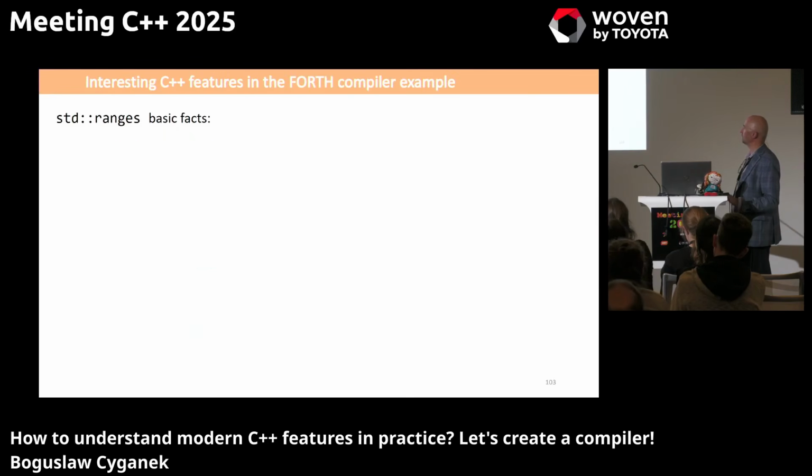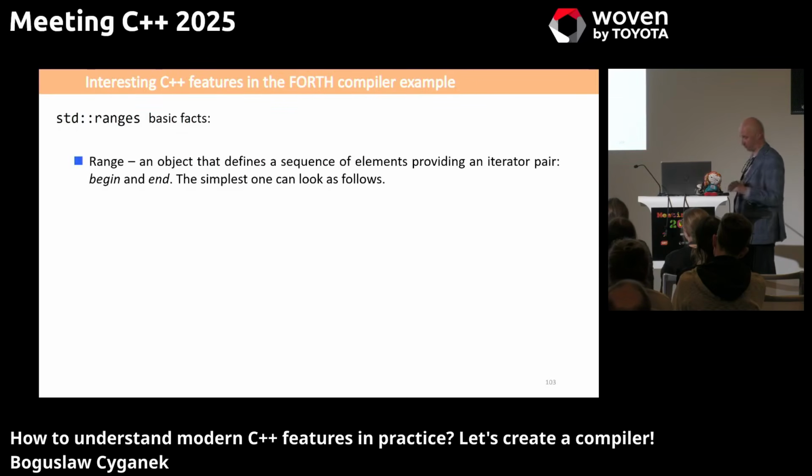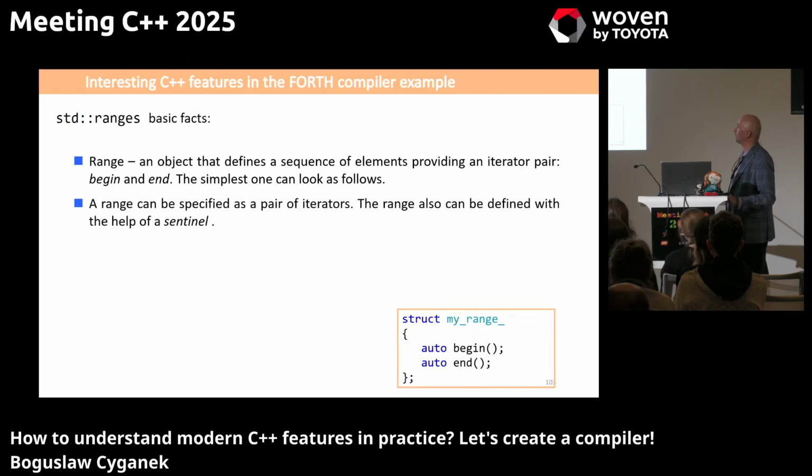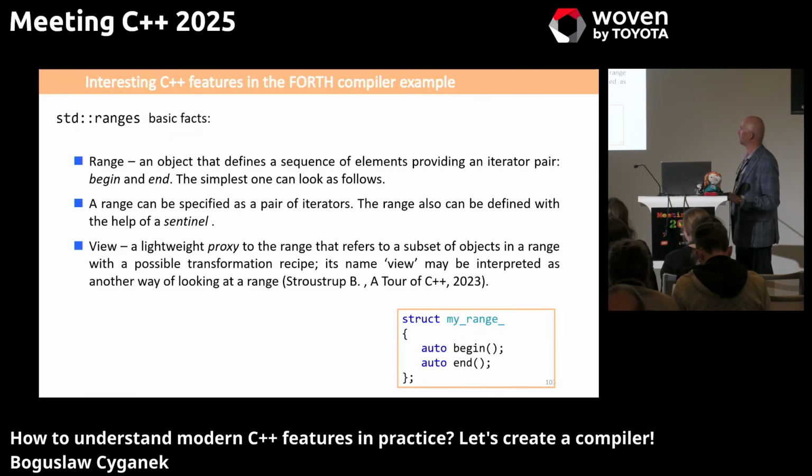Okay, so how do we use this? Before we go further, we have a range, which is an object that defines a sequence of elements and provides an iterator pair, begin and end. Mentally, this is the range: begin and end. A structure which defines begin and end is sufficient. Then we have a pair of iterators, or we can have an iterator and a sentinel. That's something very useful in practice, but requires